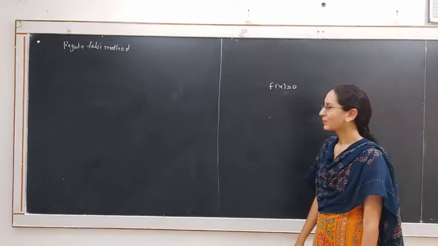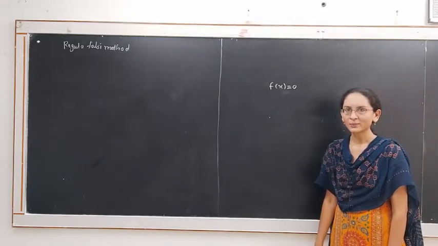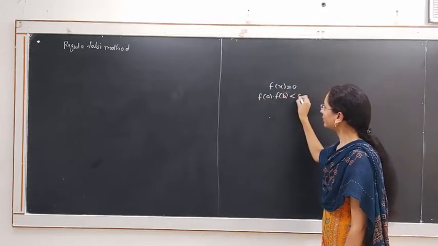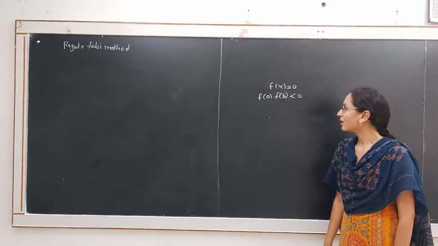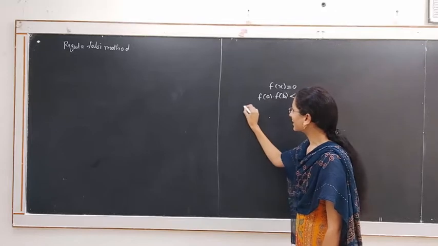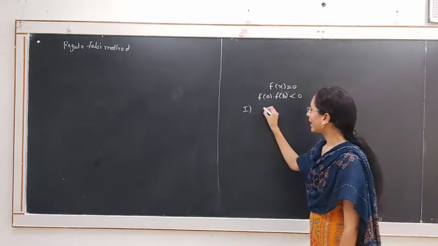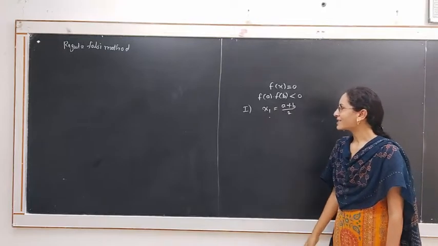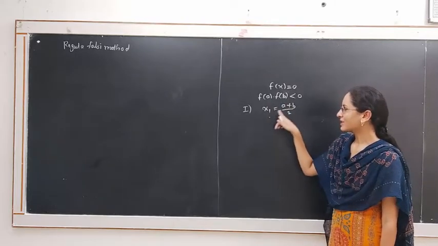That was the bisection method. In that method, we used the result: if a and b are two given real numbers and f(a) times f(b) is negative, then the root lies between a and b. In bisection method, we take the midpoint of the points a and b. In the first iteration, if f(a) times f(b) is less than 0, then we choose x = (a + b)/2. That means we bisected the interval ab, and the midpoint of that interval is given by x1.